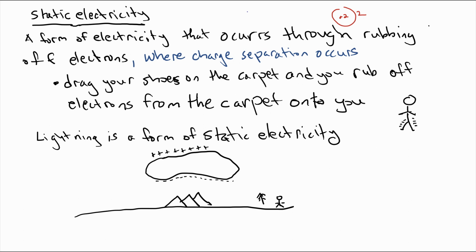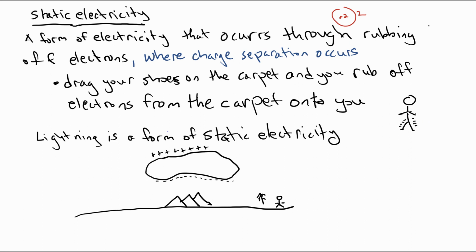Well, if you rubbed it, you could create a situation where you rub off an electron. An example is you drag your shoes on the carpet, and you rub off electrons from the carpet onto you, and so now you're charged, and maybe you're wearing some rubber tennis shoes that insulate you so the charge doesn't run off